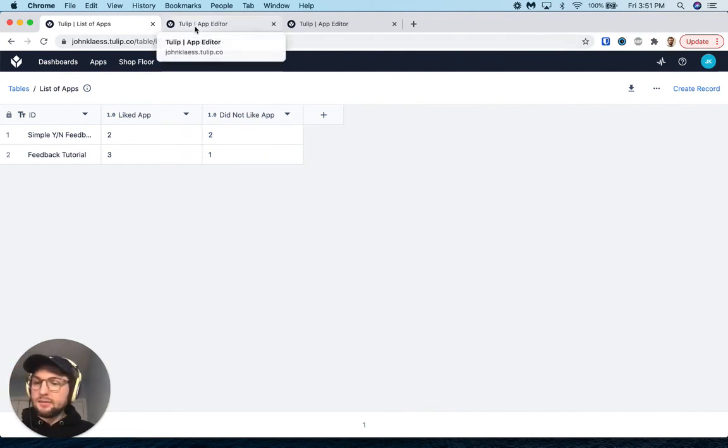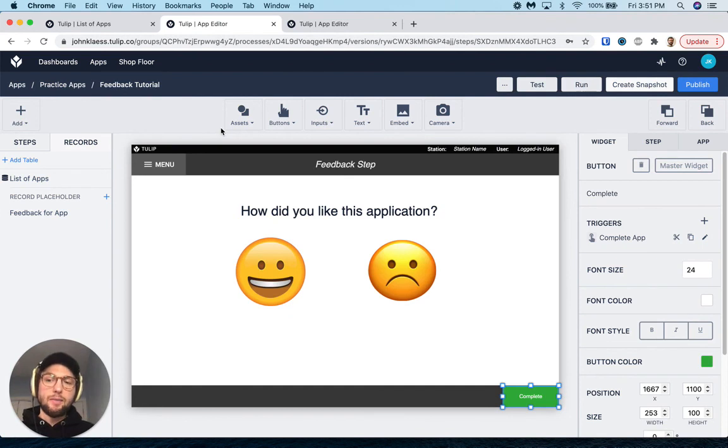So that's it. That's exactly what you need to start creating basic yes or no feedback. From here, you can start adding all sorts of things like text-based feedback steps, net promoter score. There's a lot more you could do to start gathering subjective or discursive information, but this will give you a really good overview of whether or not your operators